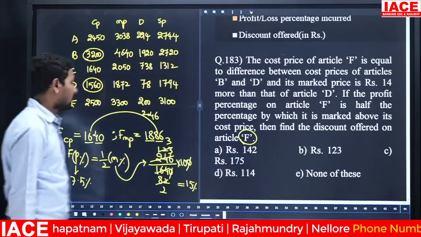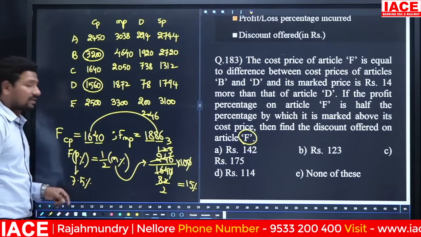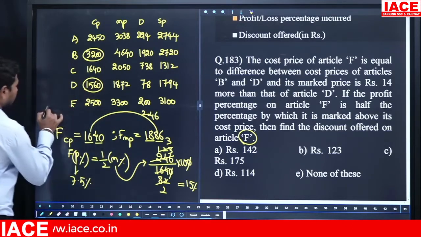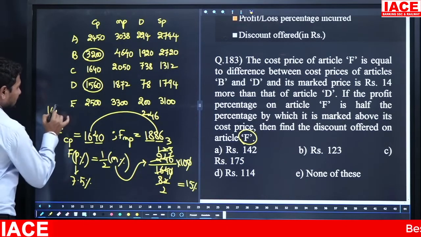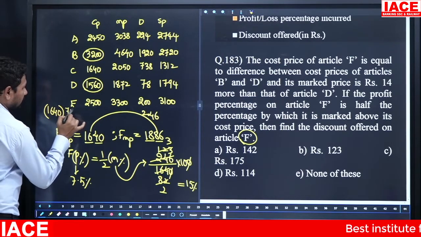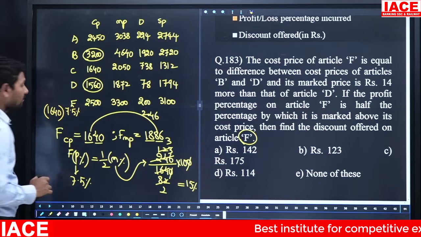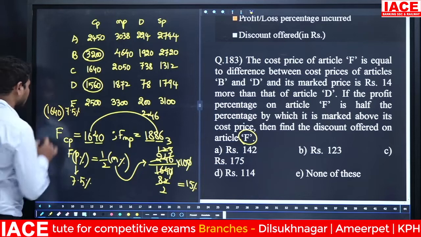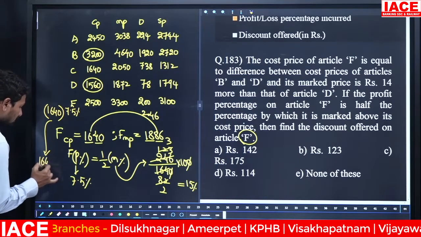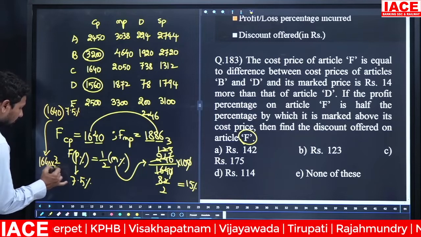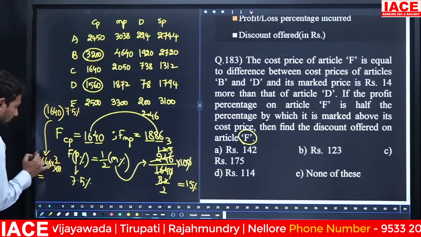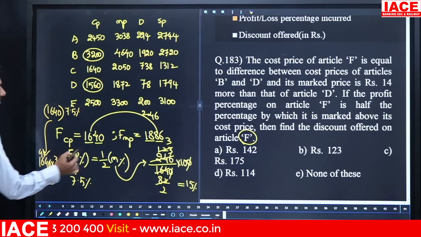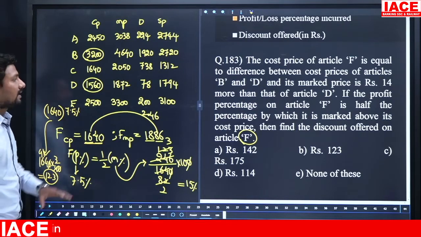For the discount, selling price is compulsory. Okay, 7.5 percent is required on 1640. How to calculate 7.5 percent? 75 percent is equal to 3 by 4, but 7.5 percent is equal to 3 by 40. You can write 1640 into 3 by 40. The 0 cancels, 4 4s are 16 and 4 1s, 41 3s is equal to 123. This 123 extra added to 1640 gives the selling price, and then we get the discount offered.